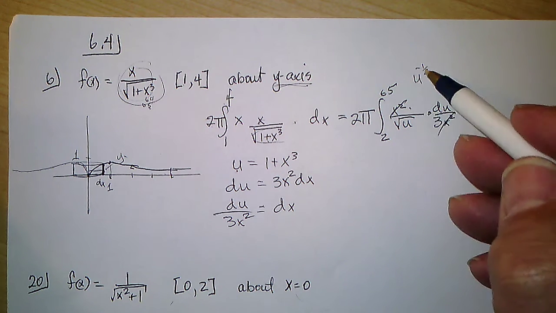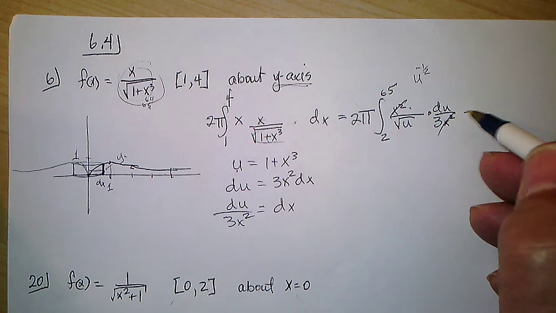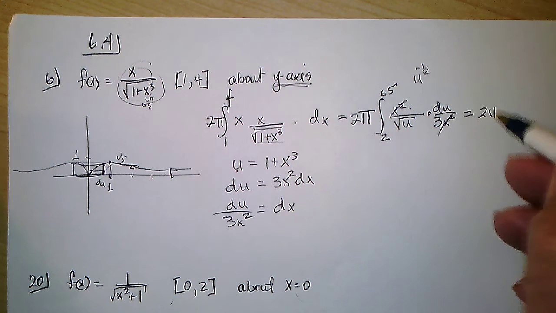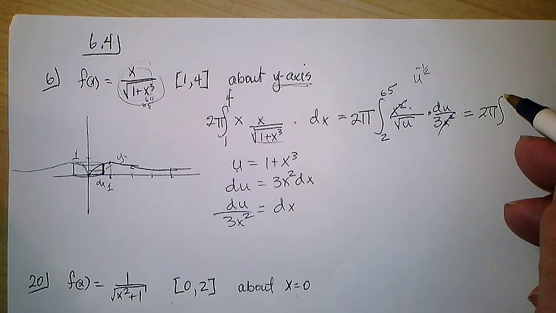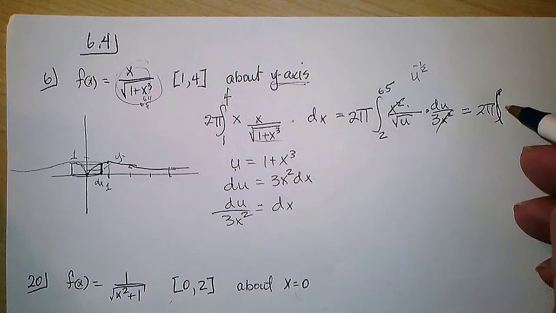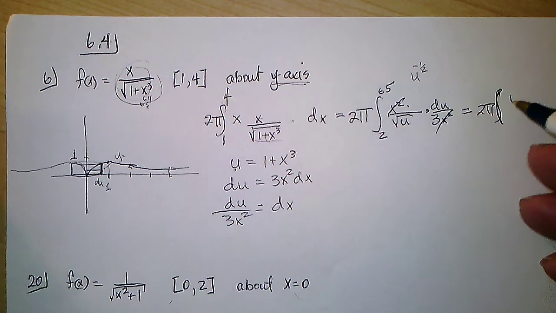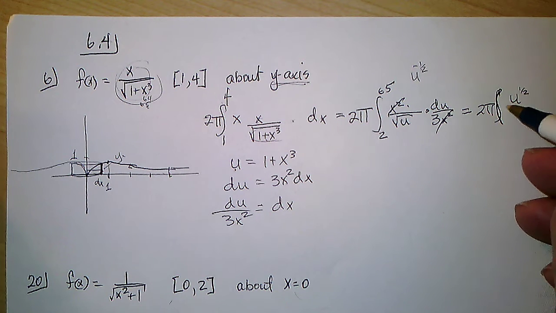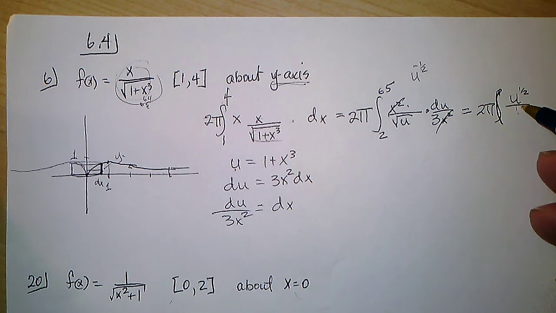So to integrate it, I'm going to add a half, and so it's going to be 2 pi integral. Integrated will be u to the 1/2 divided by 1/2 from 2 to 65,